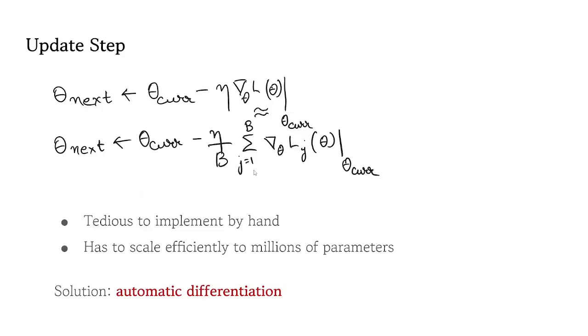Let's take a closer look at the iterative update of parameters. We are interested in the value of the gradient of the loss with respect to theta at the current value of theta. In stochastic gradient descent, we approximate this quantity by an average of gradients computed over the individual samples in my mini batch. Using mini batch instead of the whole training set accelerates training due to computation efficiency. It helps us deal with constraints of the GPU memory, and